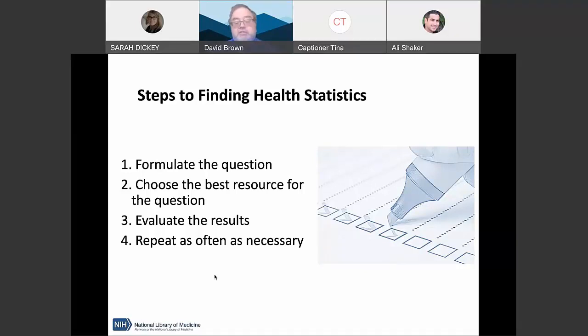Then we have to evaluate the results. So what did we find? What do we have? How do we assess it? How are we going to take this and make it meaningful to our population, to our constituencies, or to us individually? And we have to repeat this a lot because, again, data and statistics change all the time. So we're always gathering more information. We're always looking for new ideas. So these are the first primary steps that we take to move this through these ideas and work us through